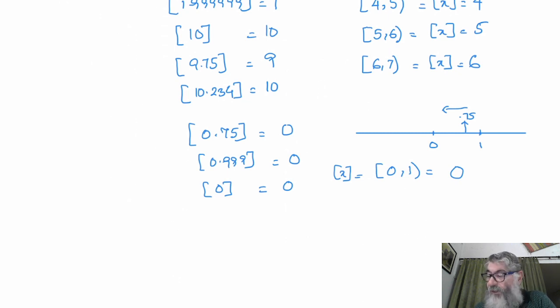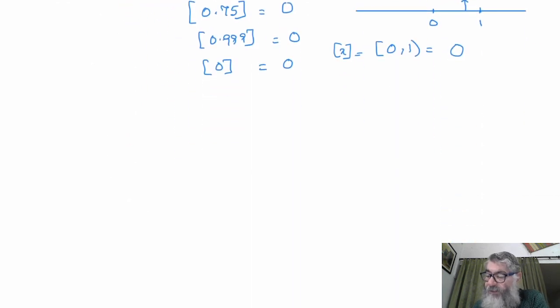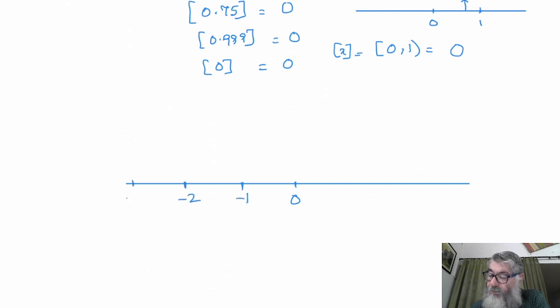Let me draw the number line and show it to you to make it easier for you. It's very easy to understand using the number line. For example, it is 0. Now it is -1. It is -2. It is -3. I'm just taking these examples. Suppose the number is less than 0, suppose I say -0.5.